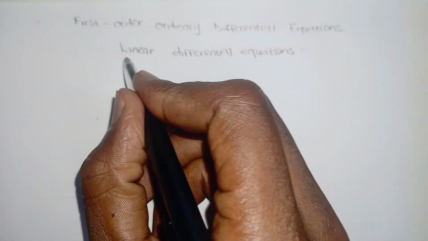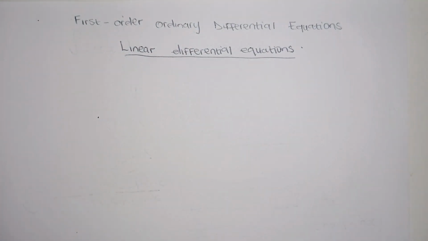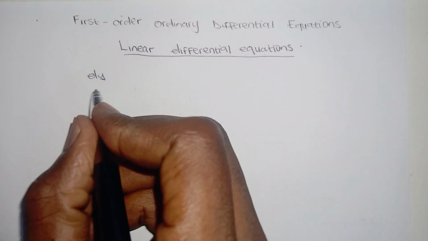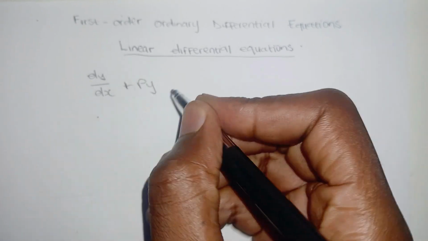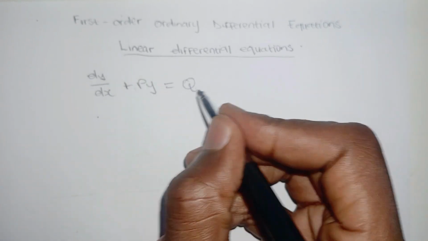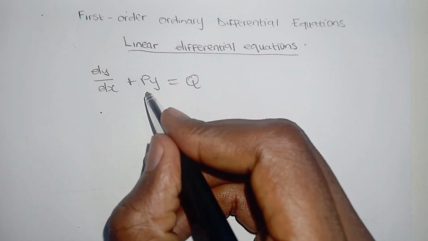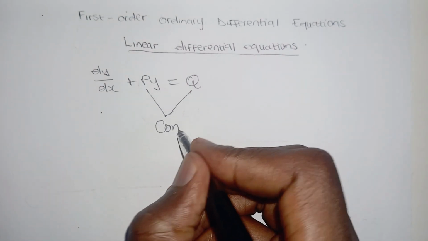So the first one, I'm going to talk about the linear differential equations. Now, a linear equation is linear in the dependent variable y. What you have to know is that the standard form of this is dy over dx plus py is equal to q. First and foremost, you will have to know that your p and q are constants,